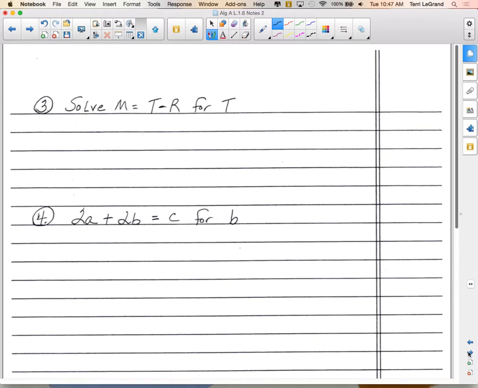Okay, I'm convinced you can do that number 3 by yourselves. Go. Do it. Solve m equals t minus r for t. T wants to be by itself. What you've got to do to get the t alone. I'm going to give you a little hint. It's just one move. That's all you got